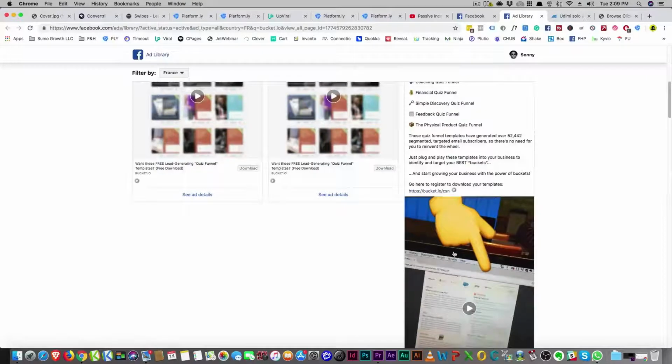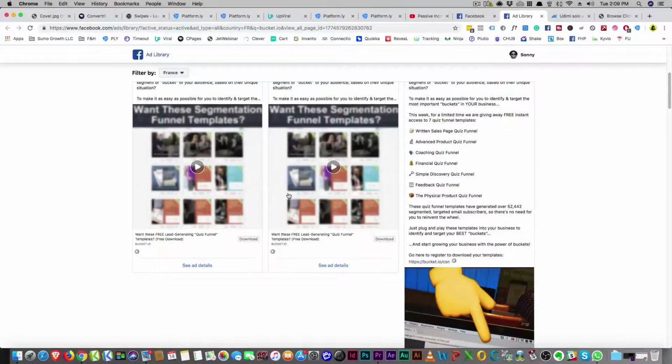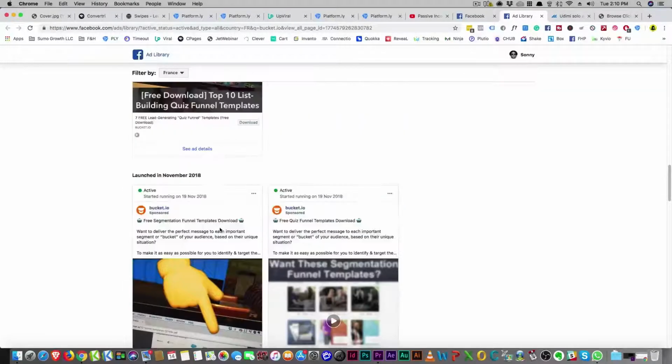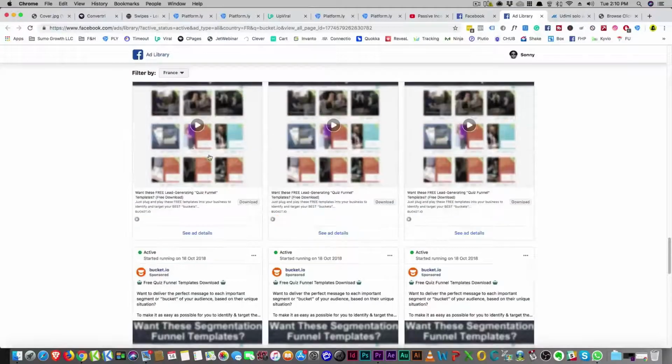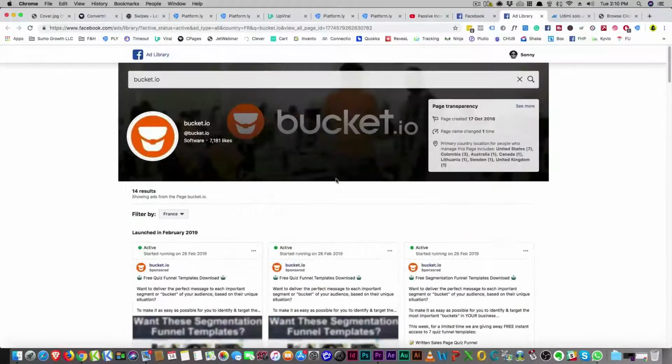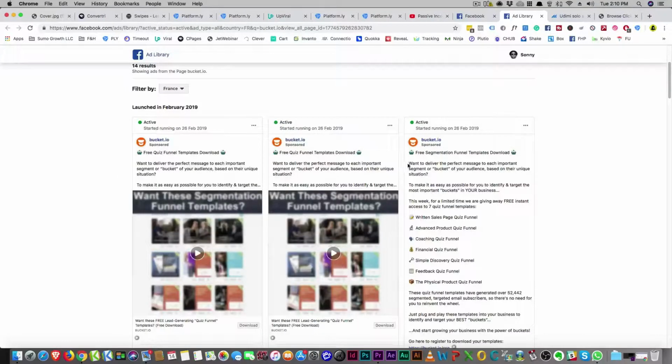Like they run this a lot, right? And they ran this creative a lot as well. You can see they ran both of these creatives in different sizes, but this creative looked like it won because they continue to run that creative. So now you've got a good idea how it works. But the main reason I pulled over here is because I wanted you to see that that's how you get